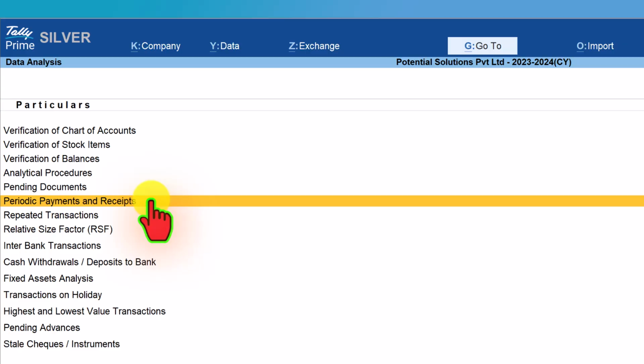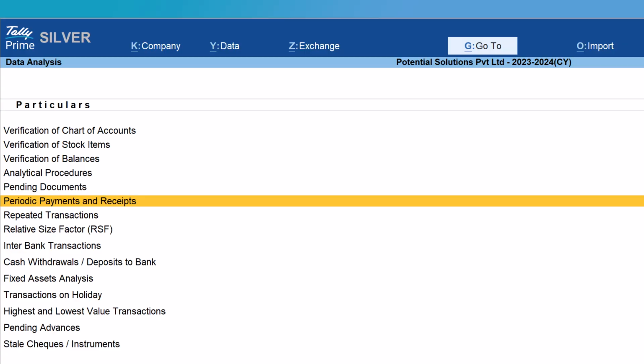While finalizing the books of accounts, the finance team should ensure that all recurring payments and receipts have been accounted for correctly for the current financial year. Now, instead of viewing these through a regular ledger report, you can get the status of periodic information through this report. For auditors, it is going to be one of the key audit observations to ensure that these have been accounted